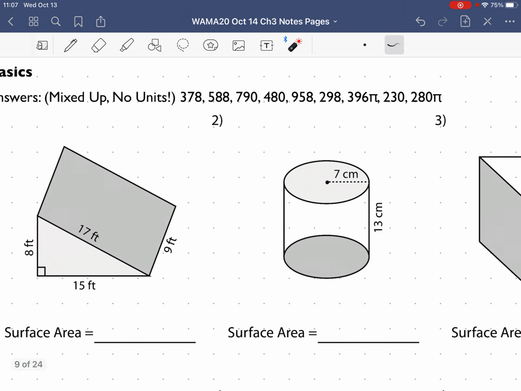So when you're doing the basics questions and you want to figure out the